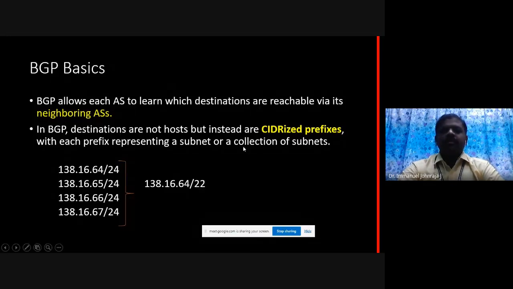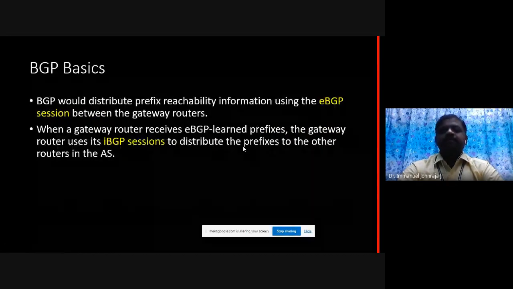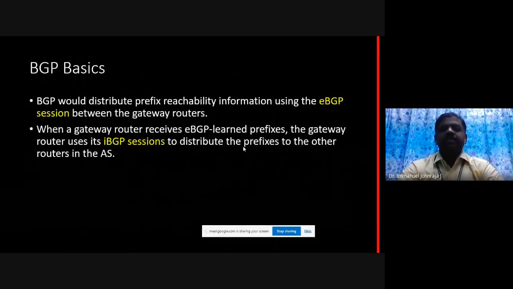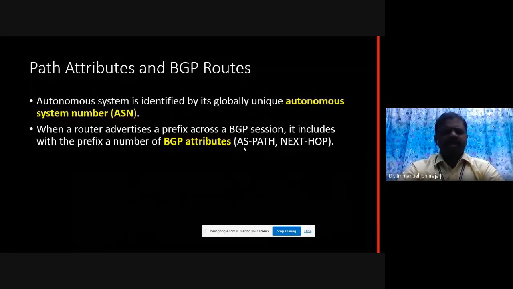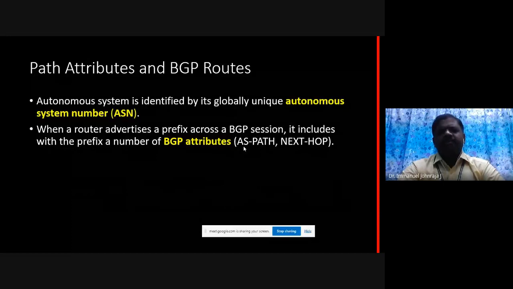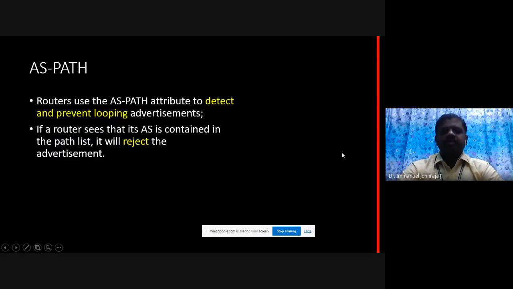That's also available. Okay, we spoke about the eBGP sessions, and within the autonomous system, we have the iBGP system, and we have learnt about how an autonomous system gets the autonomous system number. Is it through IANA or any other organization or institute? Is there any payment required? Please go through that. Though multiple BGP attributes are available for policy routing, two major attributes are autonomous system path and next hop.